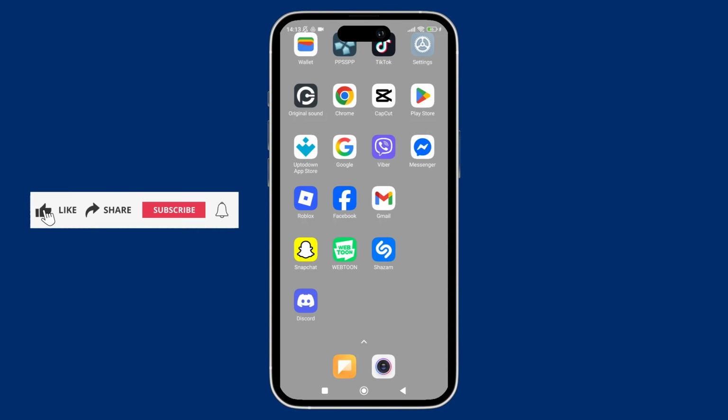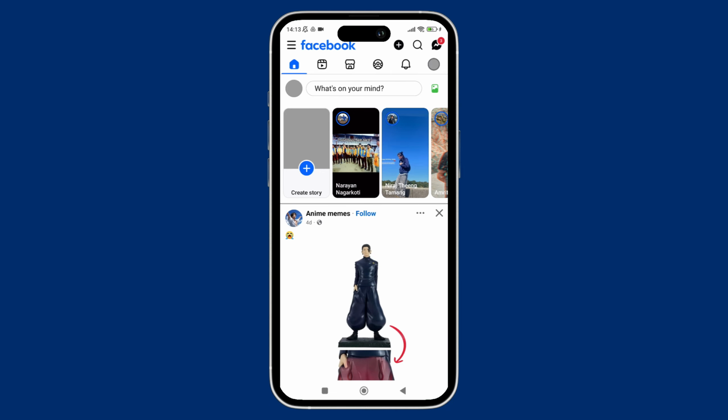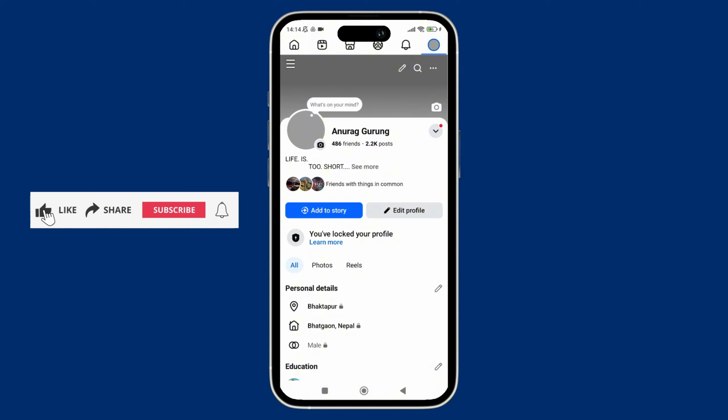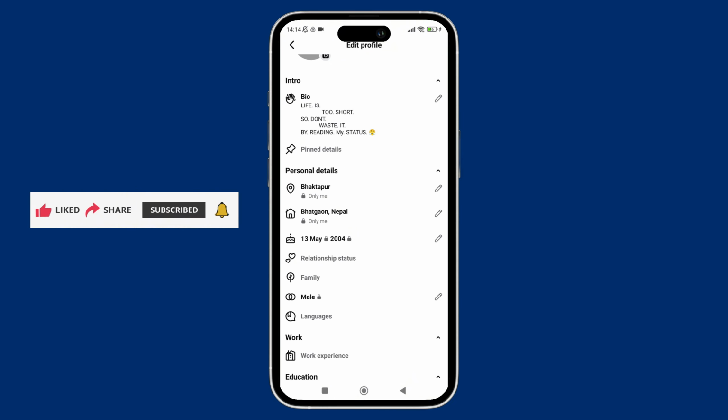So here, first thing first, open the Facebook app on your phone and make sure that you're logged in to your account. And now here, once you're inside the app, just tap on the profile icon which can be seen in the top left side of the screen. And now here, once you are in the profile section, just tap on the edit profile button. And now here, once you are in this section, what you can do is simply scroll down,